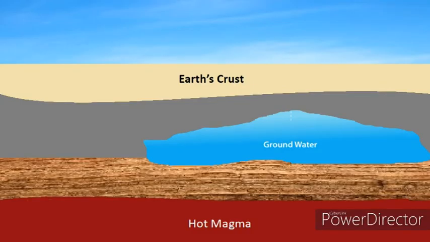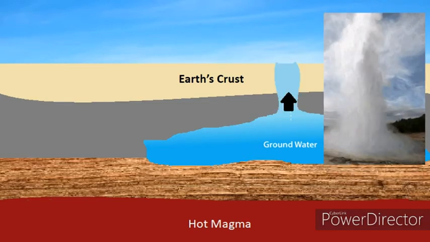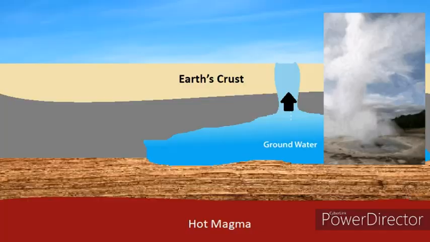Now let us see how the geothermal process happens. Rocks are seen above the hot magma of the earth. If the temperature of the magma is very high, the rocks melt and become magma. Due to this, the underground water gets heated up. Due to the increase in temperature, the pressure increases and the hot water gushes out of the vents or cracks and holes on the earth crust.